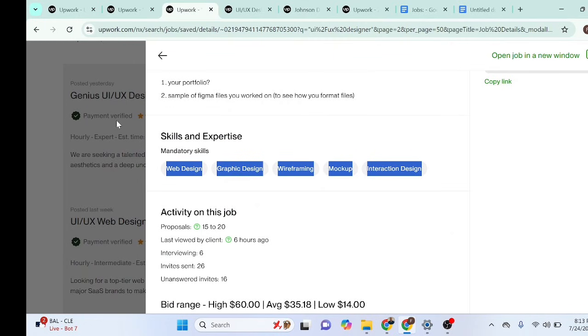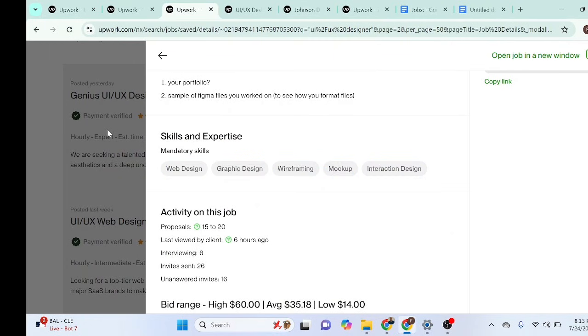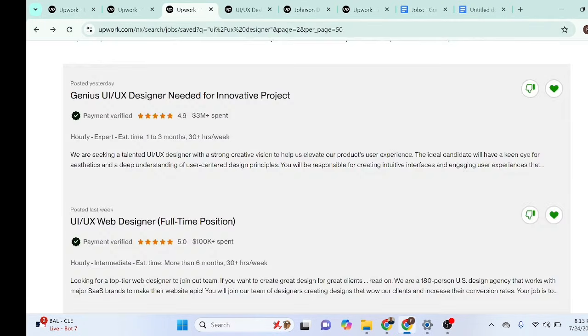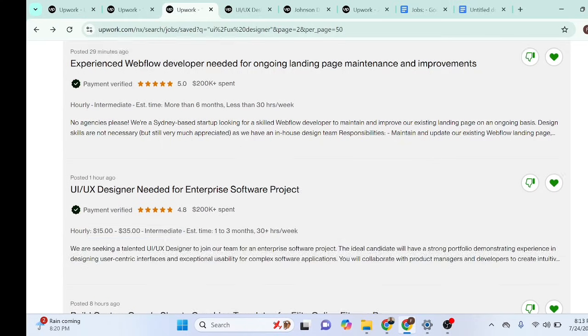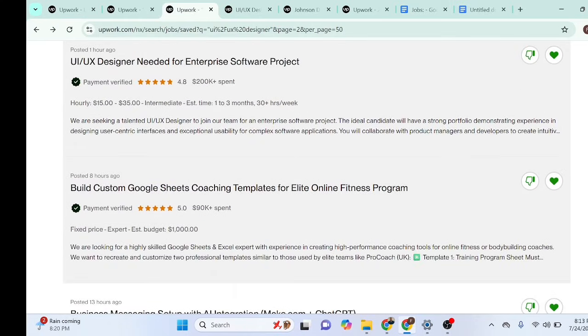Simple and beautiful. Okay. So remember, once again, from the client's POV, whenever they are posting a job, Upwork shows them a list of people to invite to their jobs. And by doing this, you are making sure that you appear in the top results. So now, a very important tip,